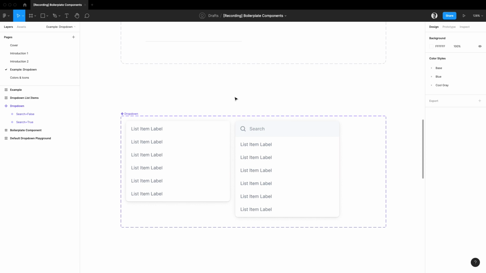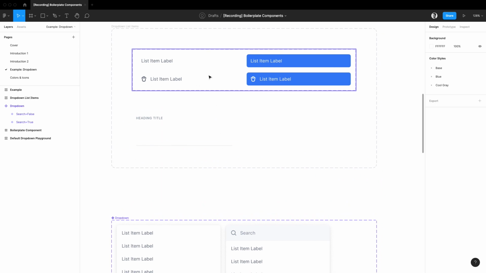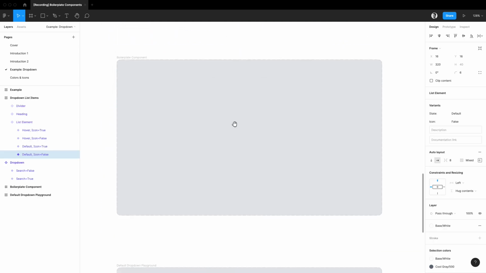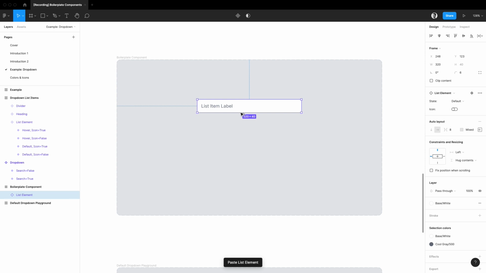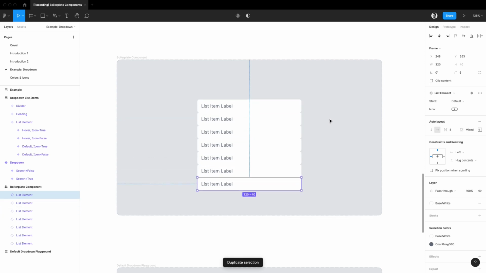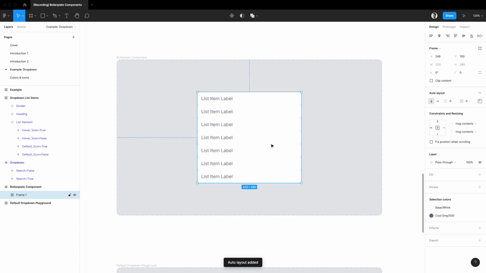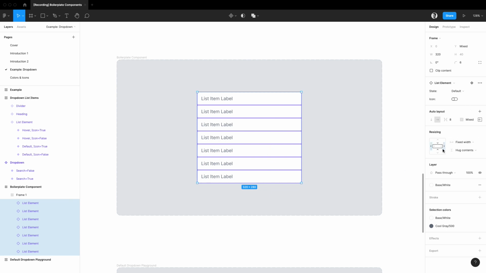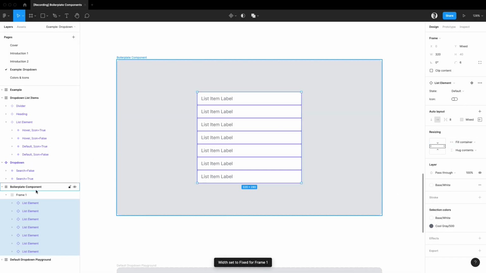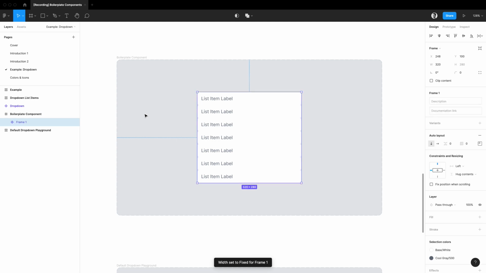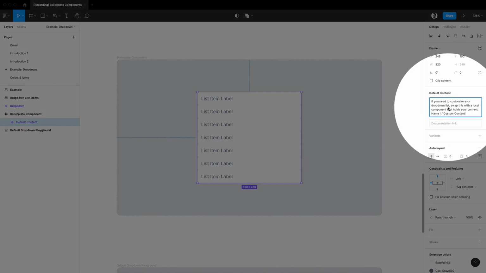So instead, before we start assembling our dropdown list component, we are going to create content to work with first. So let me make a copy of my dropdown list item component. I'm going to make a couple of copies, but not too many, because after all, we will be able to change that later. I'm going to hit Shift-A to create an auto layout frame out of this, and I'm going to select everything again by hitting the return key to make sure that constraints are set to fill container. Then I'm going to make it a component, and I'm going to name it default content. And I'm also going to paste a short description that I have prepared before,